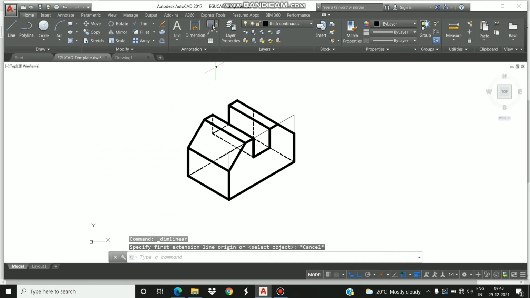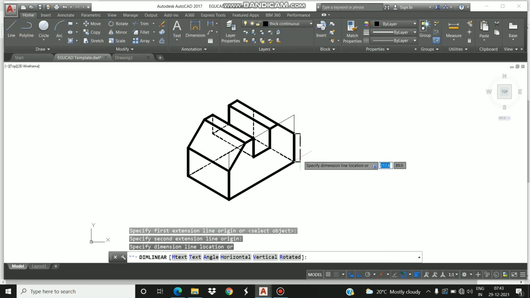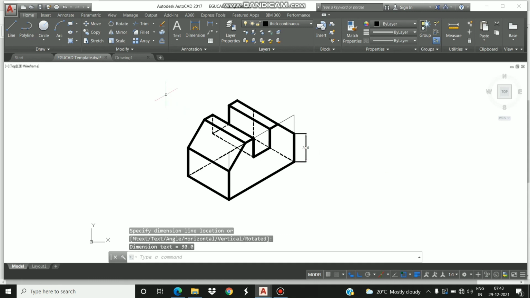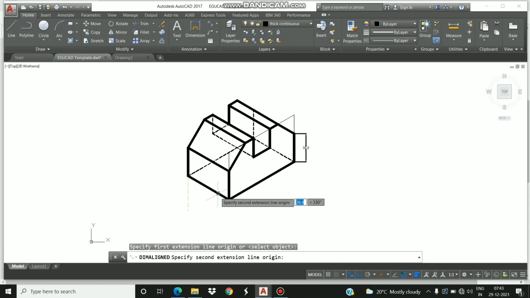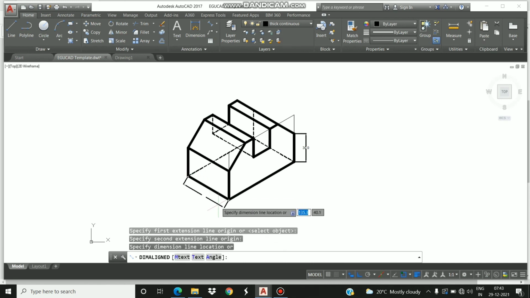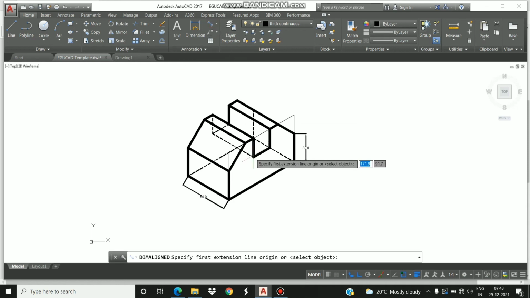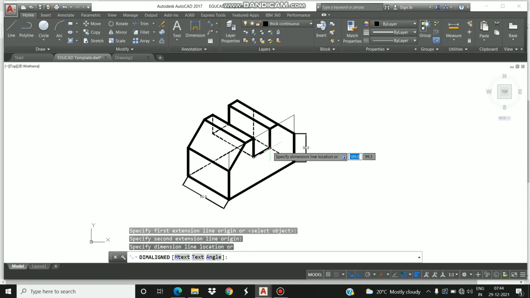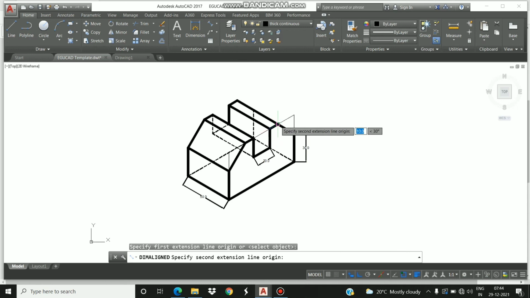Now show the dimensions. This should be 30. This should be 50. This should be 20. Even this should be 10.